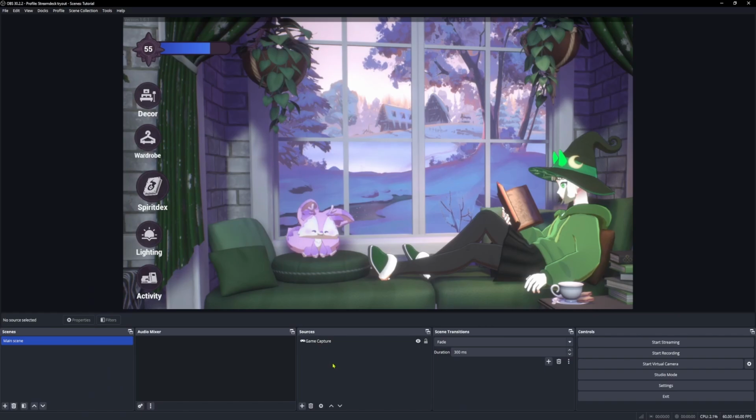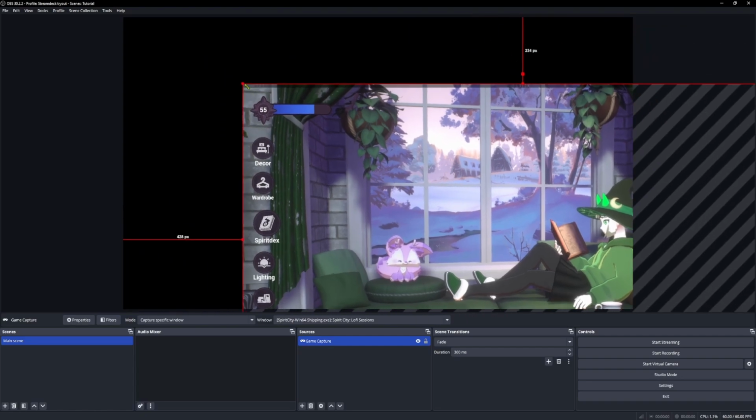Five hours later, I got it working. How did I get it working? I just closed OBS and reopened it. Hallelujah. Okay. Now you would obviously try to